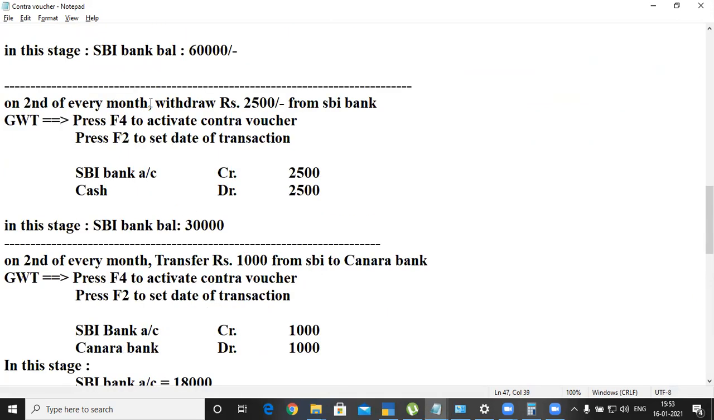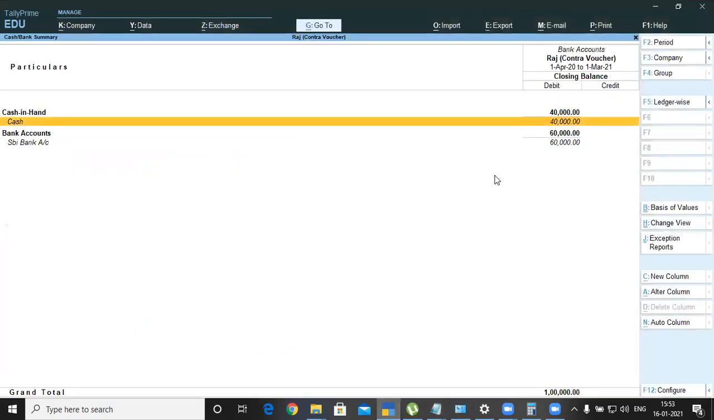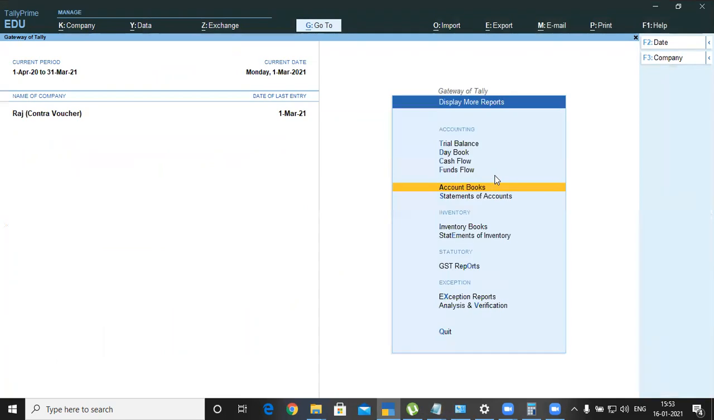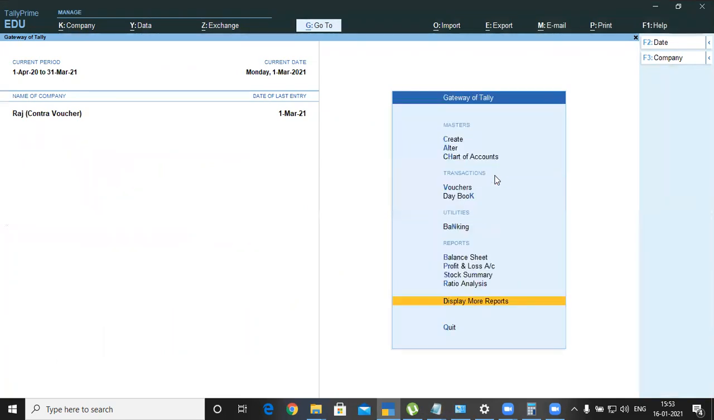Next, on the second of every month we are withdrawing. Okay. So again press escape. Now I would like to get a display. 12 times I have recorded, right? So how do I get the display? So use daybook. This is the first method how we can access daybook, or else go to display more reports